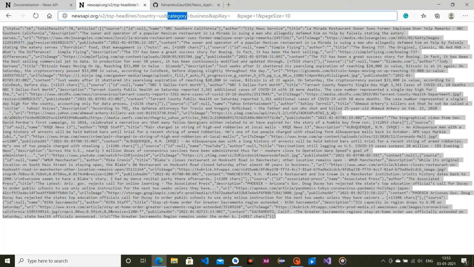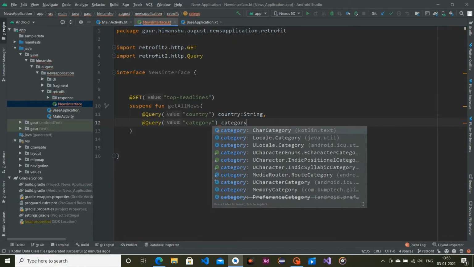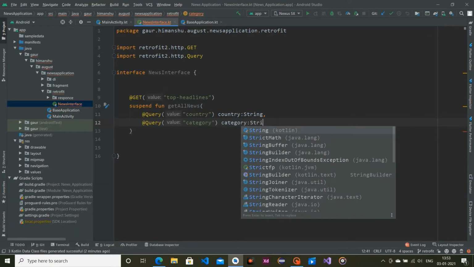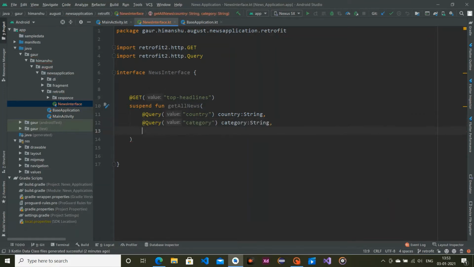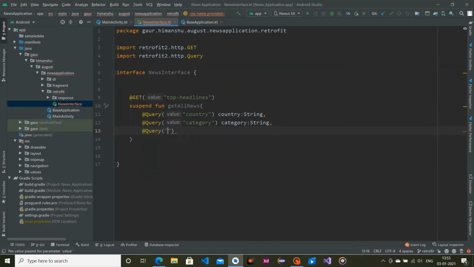Copy this and paste it on this part for category, and similarly make a category, and after that it will perform a query which is our API key.